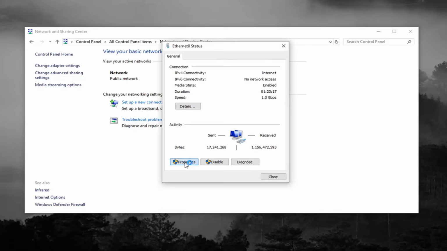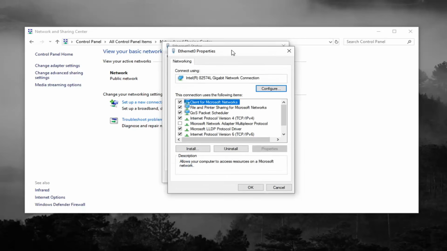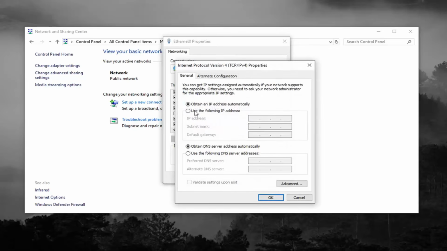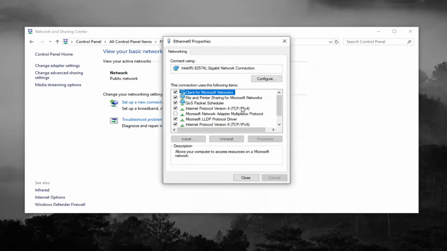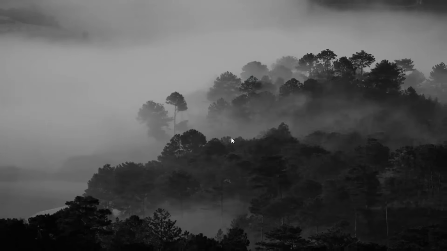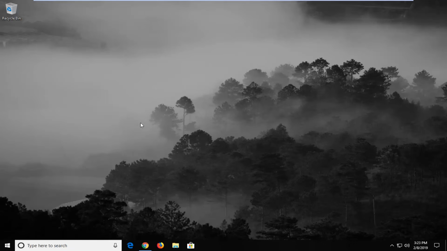And then you want to go ahead and left click on Properties down the bottom left. Select Internet Protocol Version 4 and then left click on Properties. Select obtain an IP address automatically as well as obtain DNS server address automatically. Make sure that those are both selected here and then left click on OK. Click on Close, and like I said, after waiting a few minutes and checking your DNS settings, see if